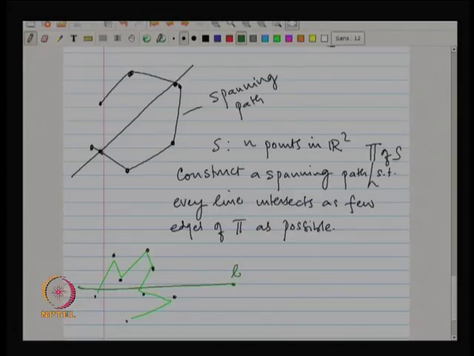Now, suppose I have a line, this is line M. Look at the intersection point. Suppose it intersects here in only these 2 edge points. Then what you know is that between these 2 intersection points, which was the same property here, either all of the points lie above the line or all of them lie below the line. Am I right? So, if I tell you that this line intersects this spanning path at only a few places,